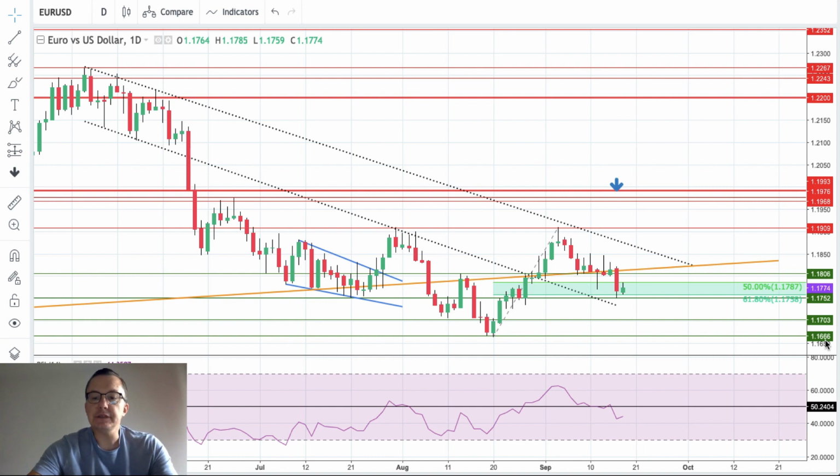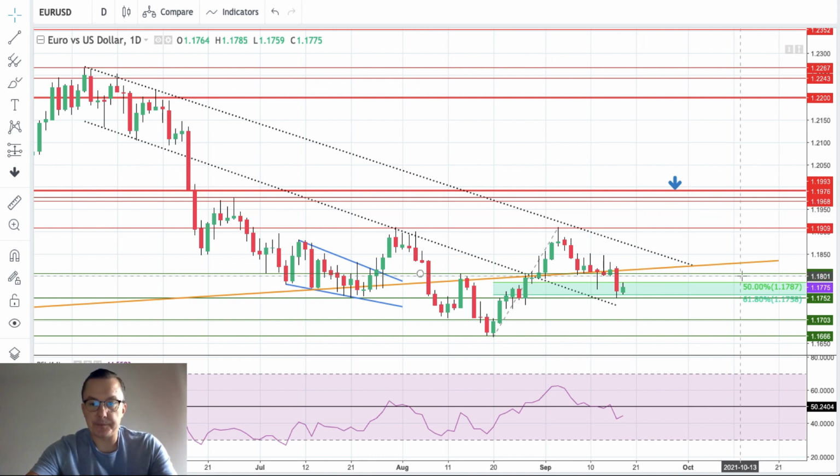So please keep an eye on this situation here, and of course if there's a bounce, the bulls will likely break out of this channel above 1.1909, and the target is of course this blue arrow here at the level of 1.1976,